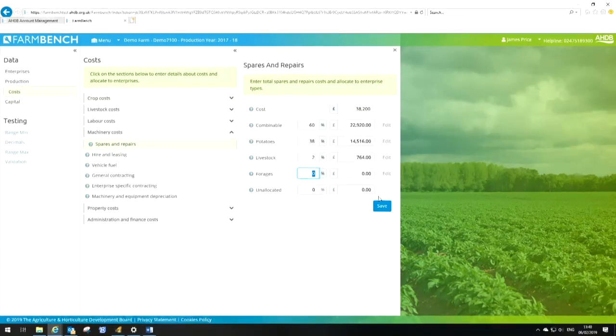2. For livestock. This is where I think the difficulty is when you first start doing Farmbench, because you don't normally think of splitting them out as a percentage. Yeah, that's right. So I would suggest gut feeling is probably the best way in year 1. Do you think? Would you agree? Yeah, I mean, from a